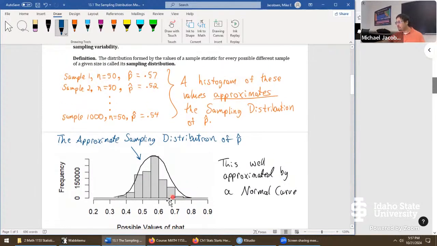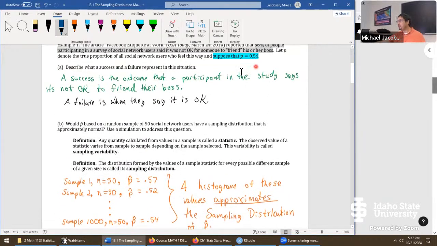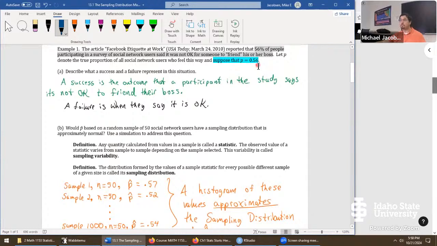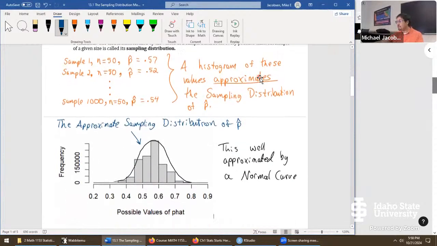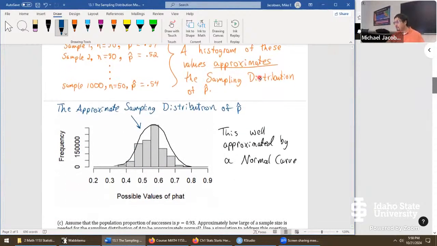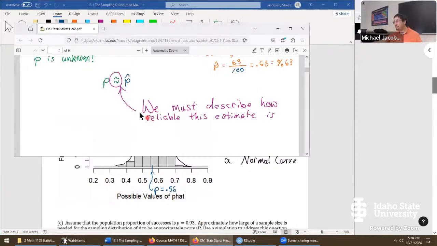Looking at that a little bit further, what would you guess the center is? It ought to be that 0.56, the supposed value for the true proportion of successes in this population. It turns out that's actually true by the central limit theorem, that the center of this is p, which is 0.56. Sadly, though, we need a little bit more than that. What we really need, if we're going to ever describe the error right here, it's always good to look at this picture because this is what it's all about. Try to describe that error.